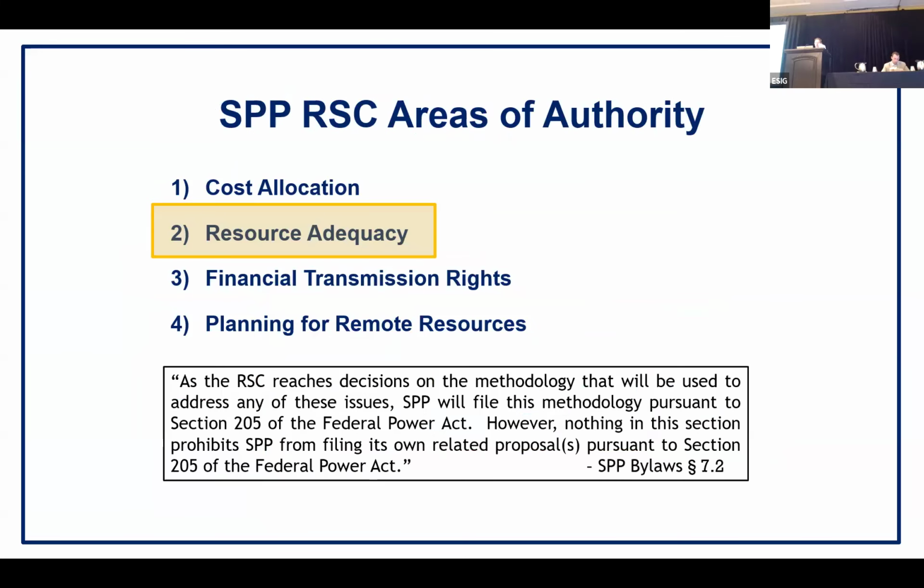This next slide gives you that in very summary fashion, and this explains to you why I'm here talking about resource adequacy. We have 4 areas of authority. Probably the 2 most interesting would be cost allocation and resource adequacy. And the little blurb there is from the SPP bylaws, which are, of course, part of their transmission tariff. And it simply mentions the fact that as the RSC makes decisions on methodologies to address these issues, they have